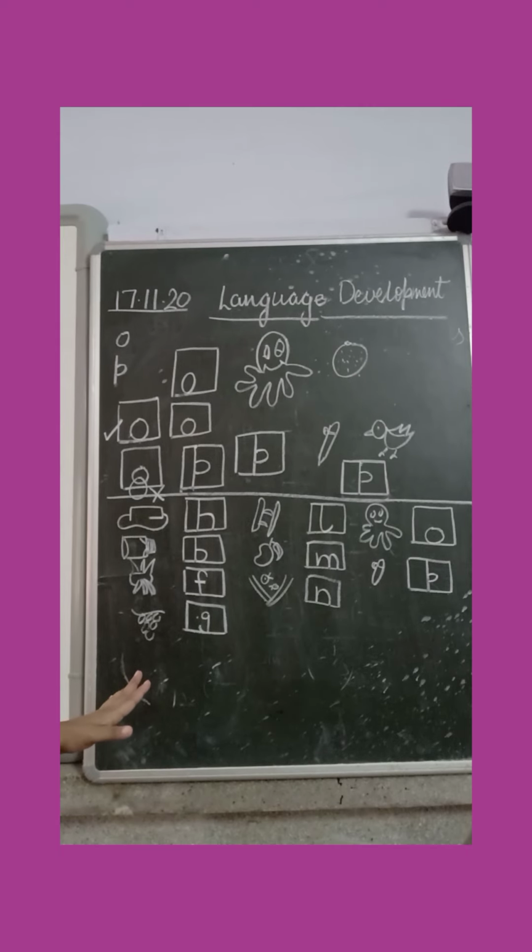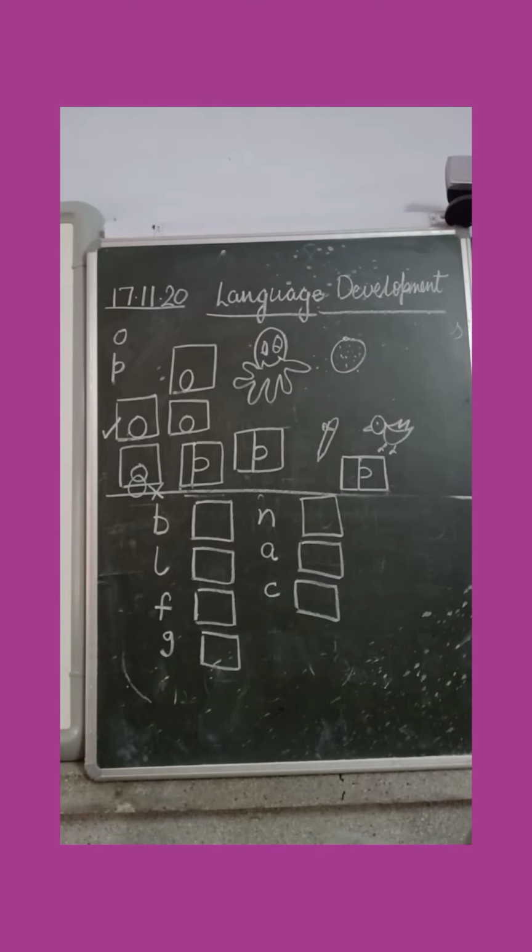Now let's move on to the next exercise. Now children, in the next exercise, you have to draw the pictures of these letters. Okay? So I am sure you all must be expert by now in drawing these pictures. So what we are going to draw with B? Tell me. Right. Ball. And you all know how to draw a ball. Okay. Then what you are going to draw just now? I taught you ladder. Ladder. Okay. So you will draw a ladder here.